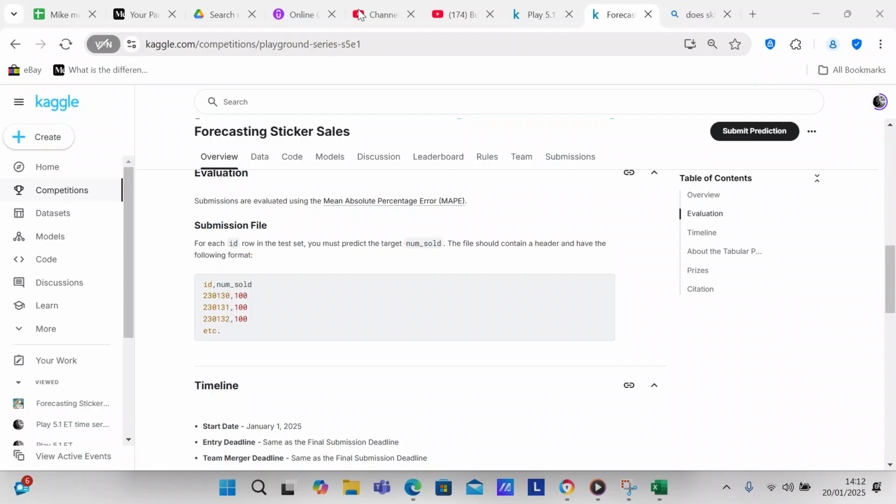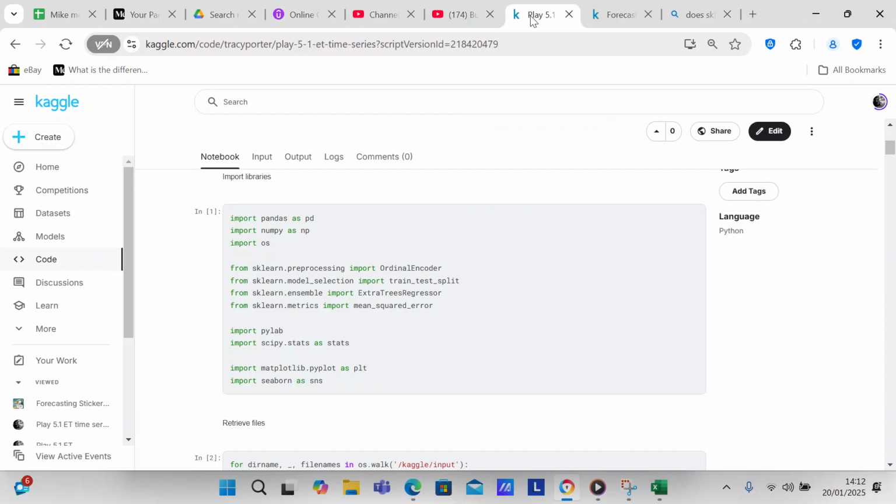But that's what I should have used: mean absolute percentage error. What I did is I used root mean squared error, which is the metric that I normally use. So I just wanted to let you know that.